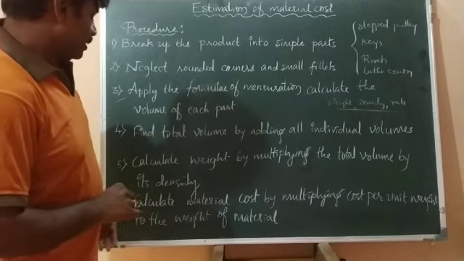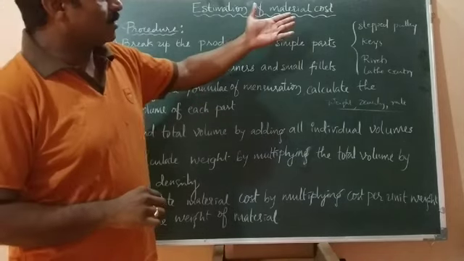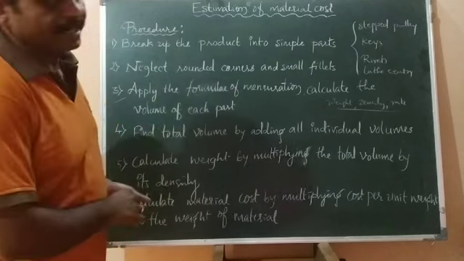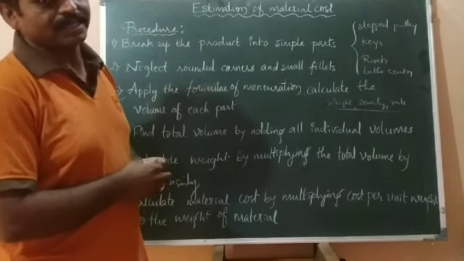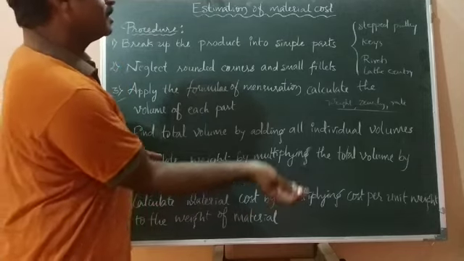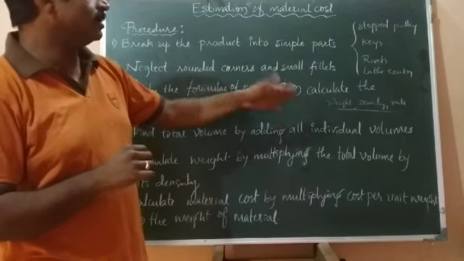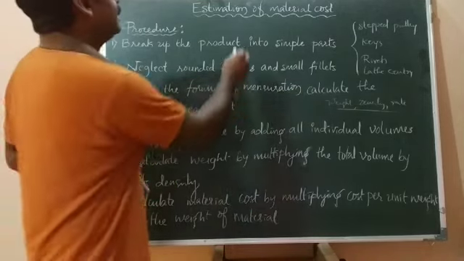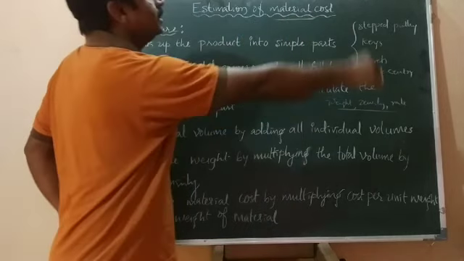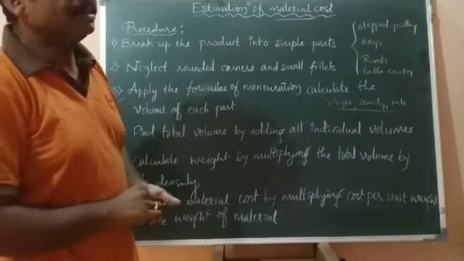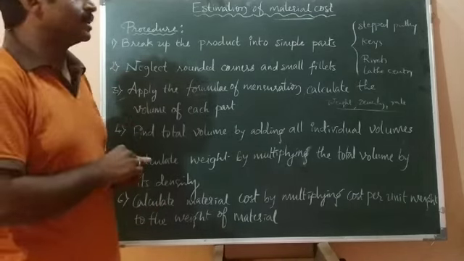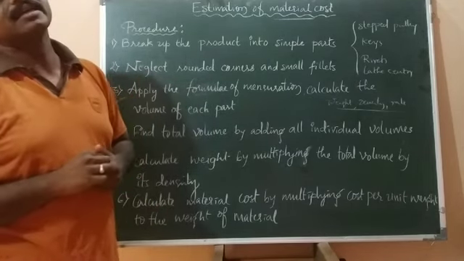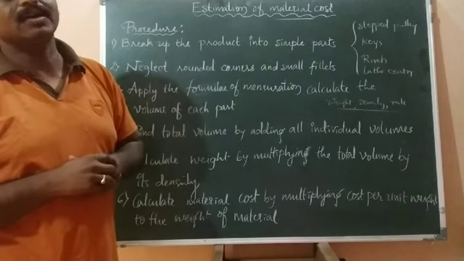Okay. So then how to find material cost? So multiplying by rate. So that is given in terms of rupees per kg. Okay. So if you are multiplying that rate to the weight, you will get material cost of the machine part. Okay. So let me discuss one simple example with considering estimation of material cost.